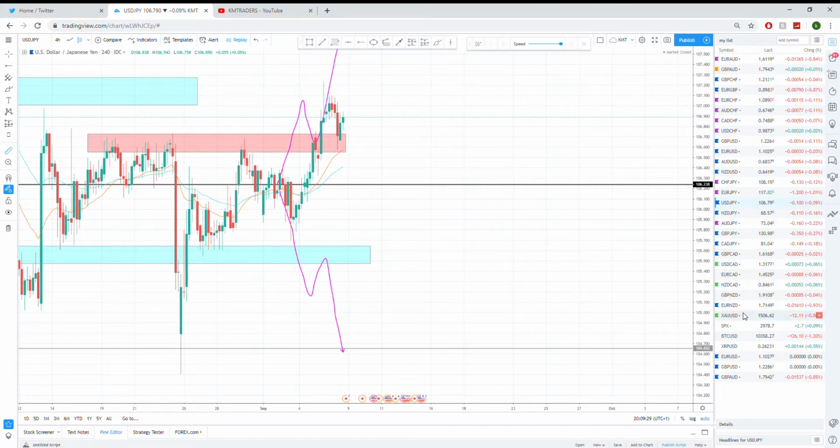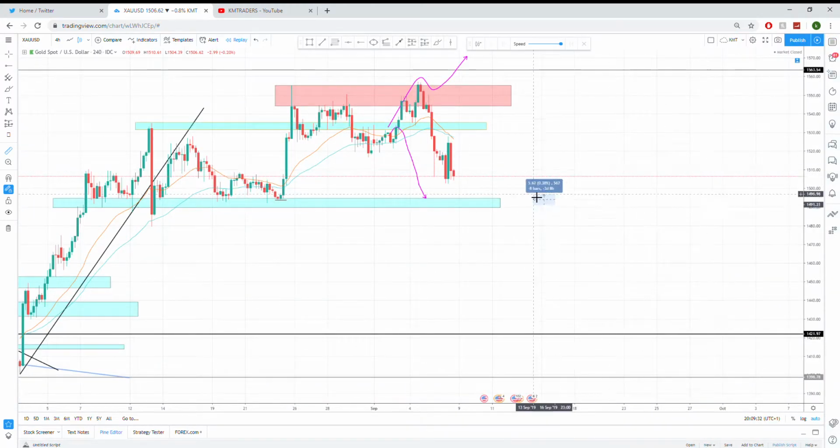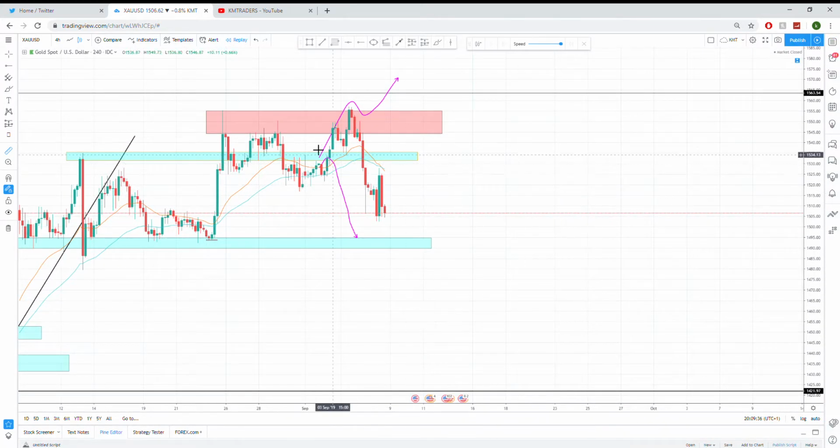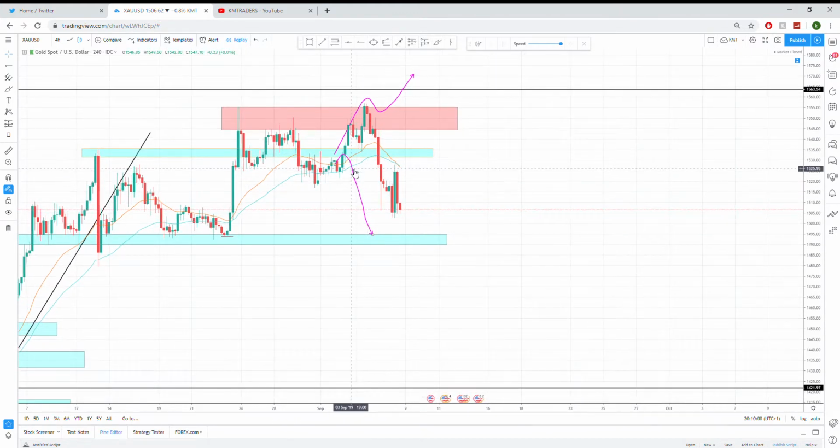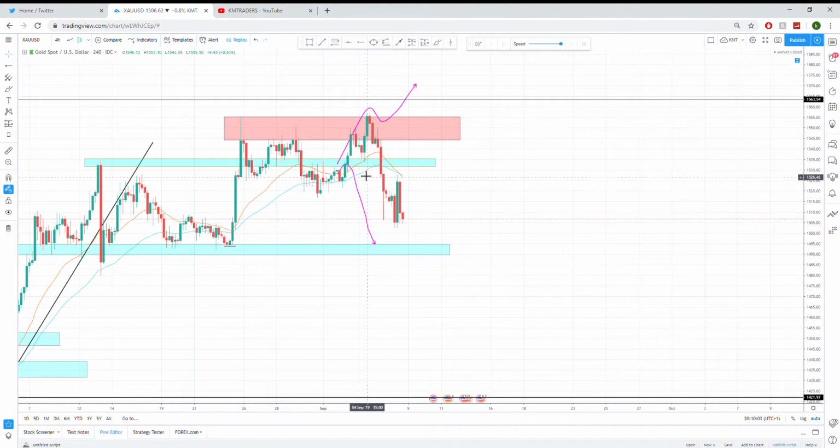Moving on to gold, let's push that out. What we have here, so in this red area zone that we labeled here, this would have been our high priority point. So this would have been a key reversal point. Didn't really particularly look to see if price could get to that level, but because we had a double top momentum, I was anticipating that this would continue downwards, and hence why we was looking at this area here. But nonetheless, we found a reversal point here, and this arrow that I'd drawn here, which pushed to the upside,